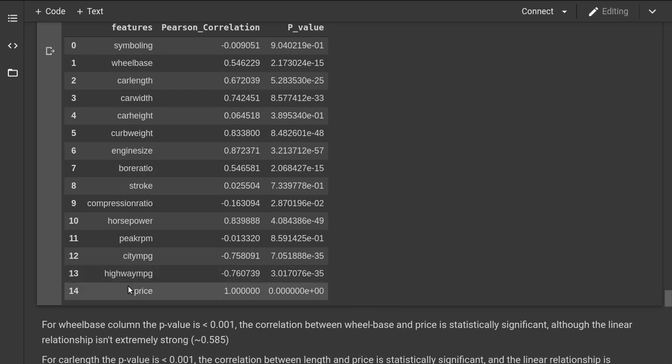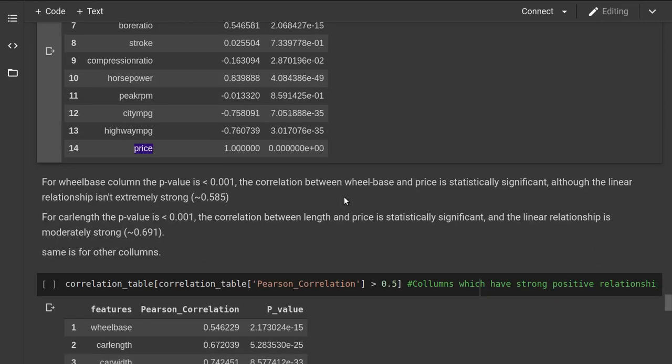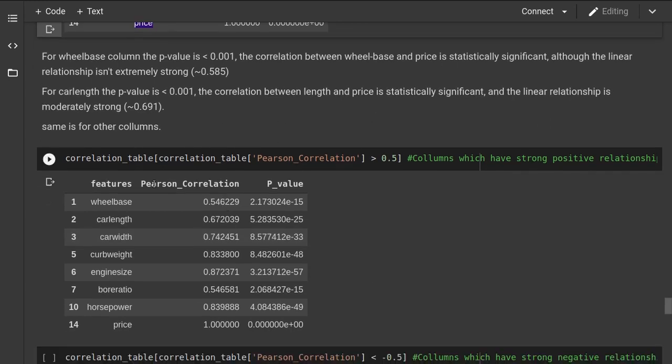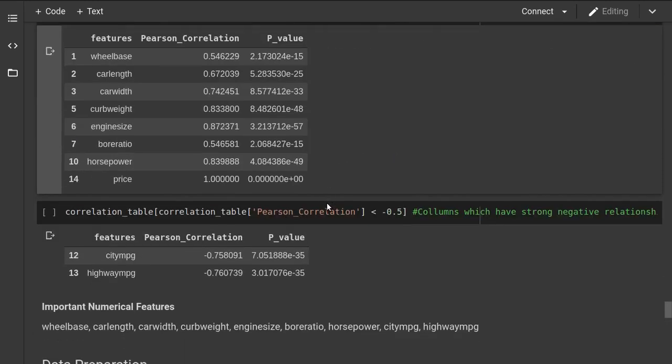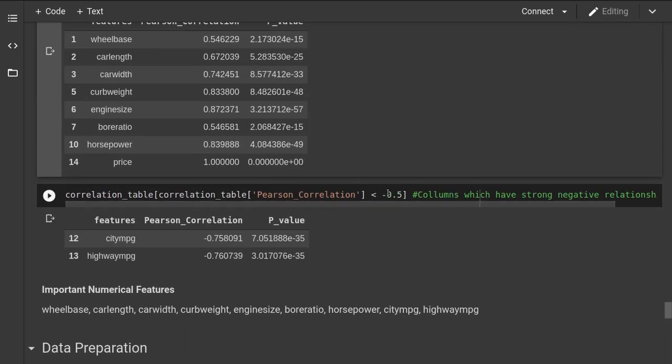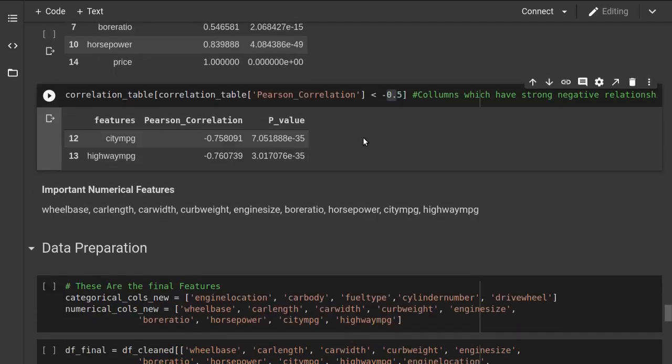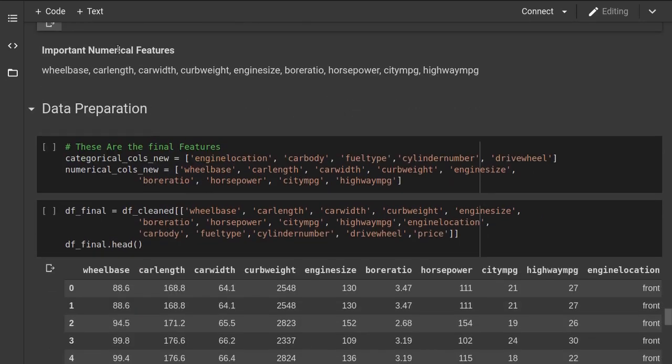The correlation with the price column itself is always going to be 1, and the p-value is 0. Then I selected the correlation values which are greater than 0.5 and less than -0.5. I selected those columns for my model.